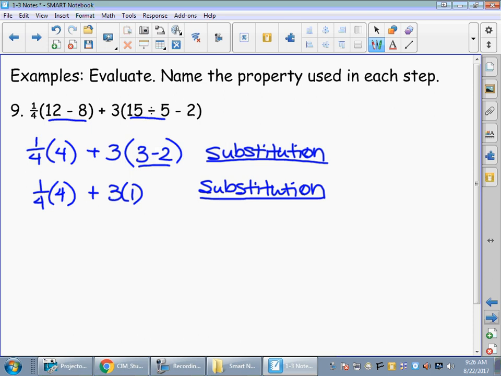I can do both multiplications, but I want to keep them separate because they're different rules. When I take 1/4 times 4, I notice that they're inverses of each other. I know that 1/4 is the reciprocal of 4. And when you multiply reciprocals, you get 1. So I'm going to do that first, and that was the multiplicative